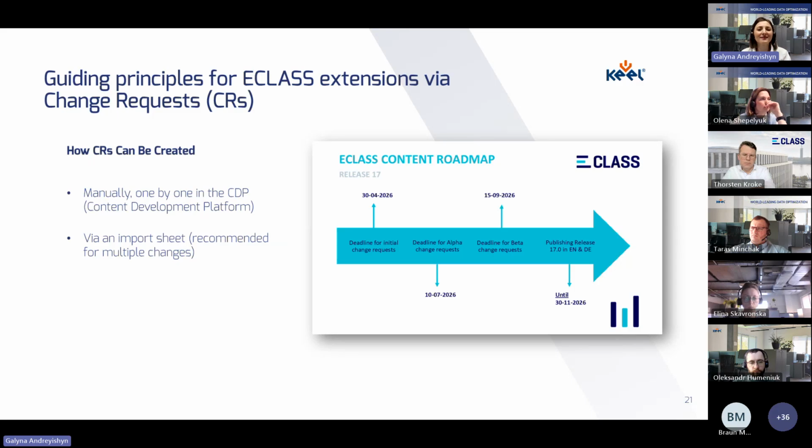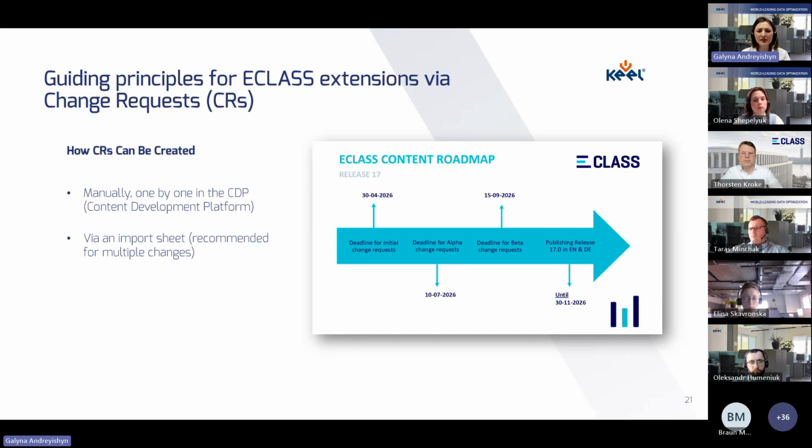Frankly speaking, you can create a few CRs manually to familiarize yourself with the CDP. However, for structured and efficient request management, the import sheet is usually the better option, especially when submitting multiple